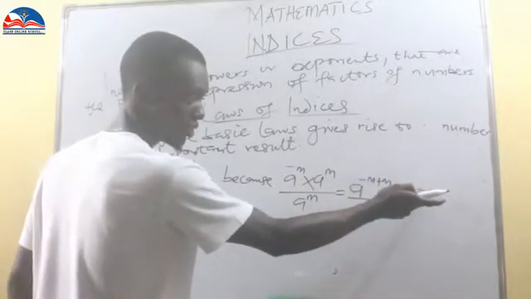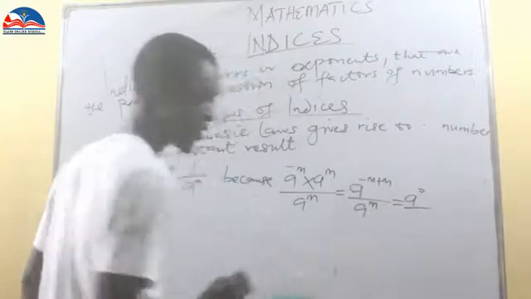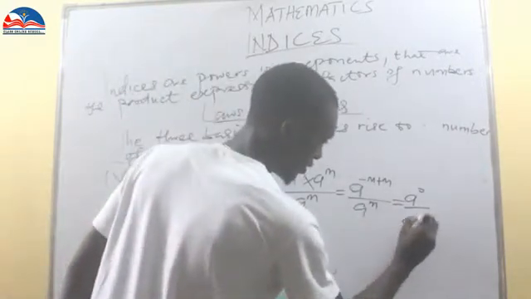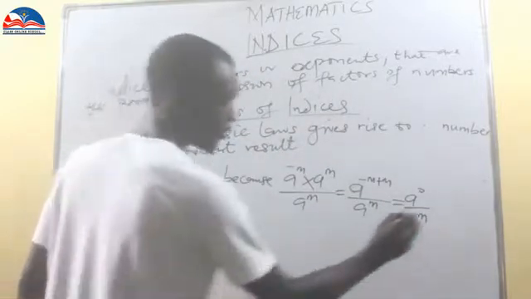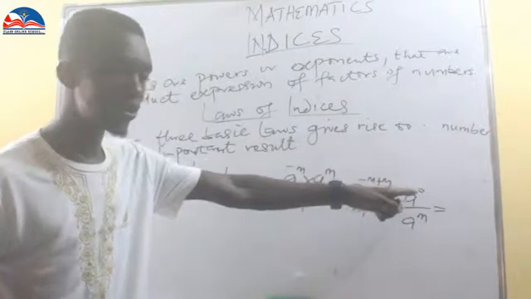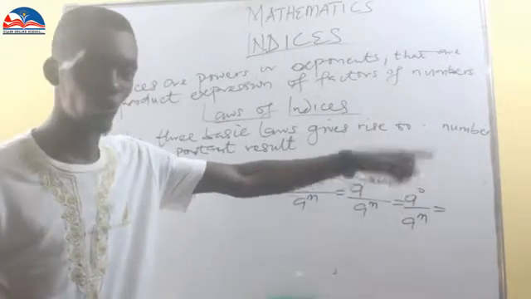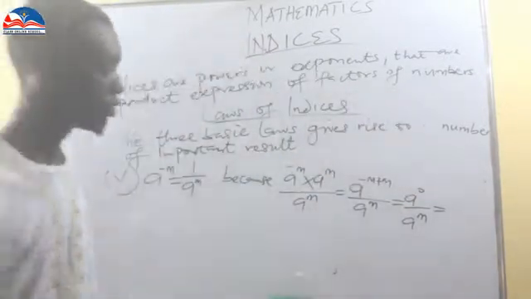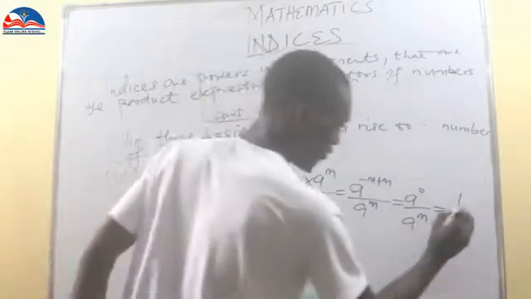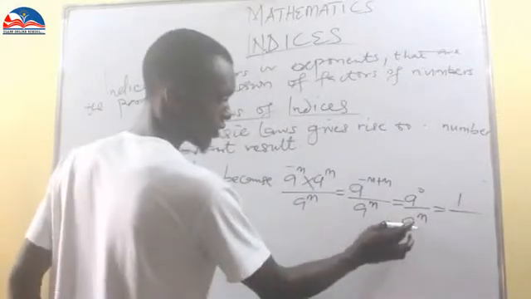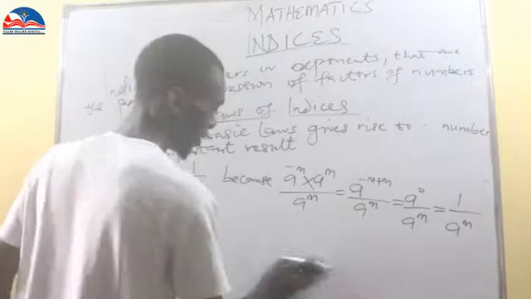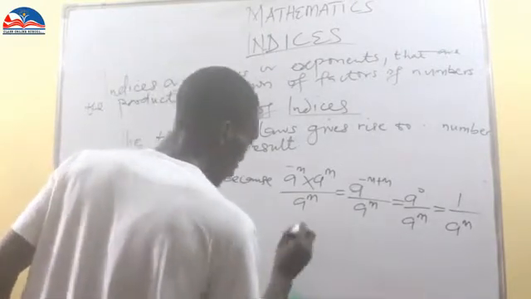A index of 0 over A index of M. So bring our A index of M. Don't forget that A index 0 is also equal to 1, from the fourth law. So A index 0 will give us 1. You see, 1 over A index M. You now say, so therefore